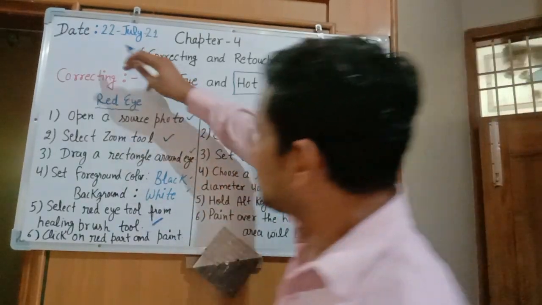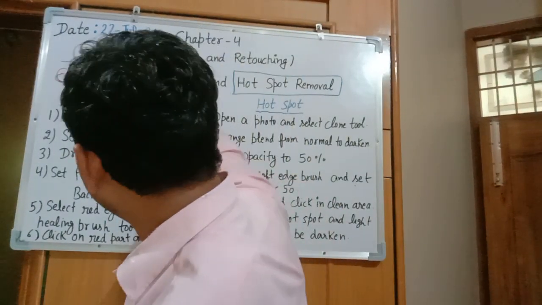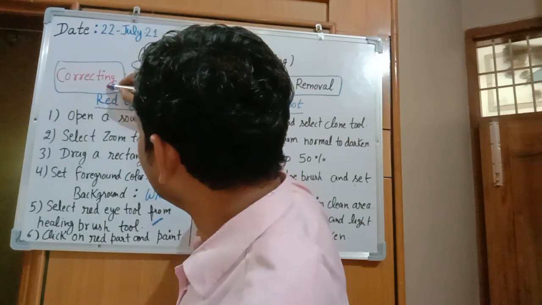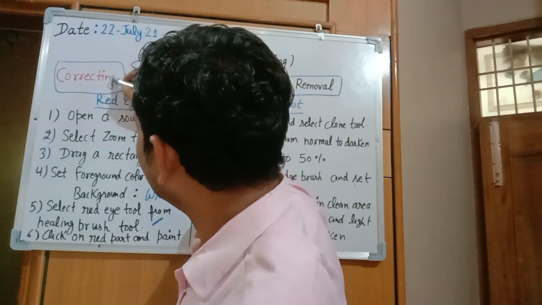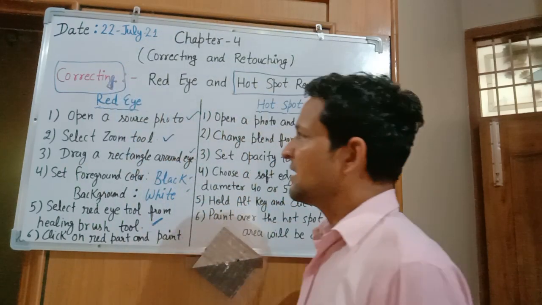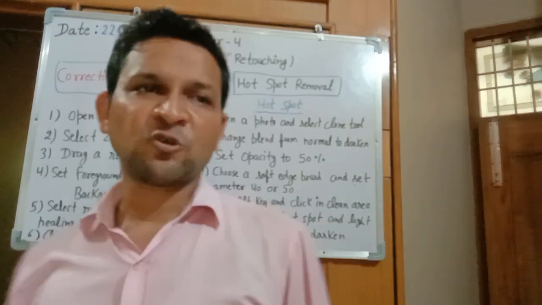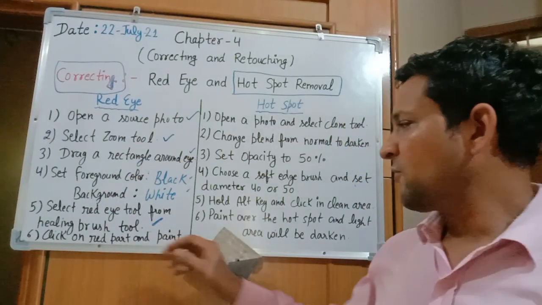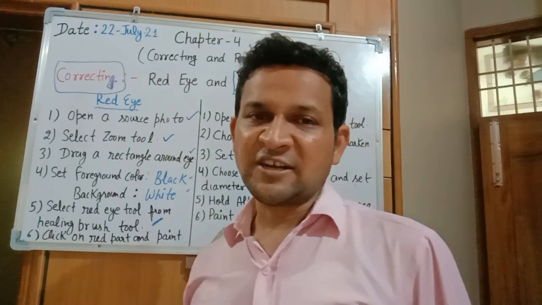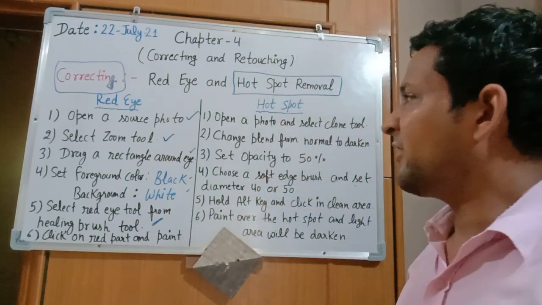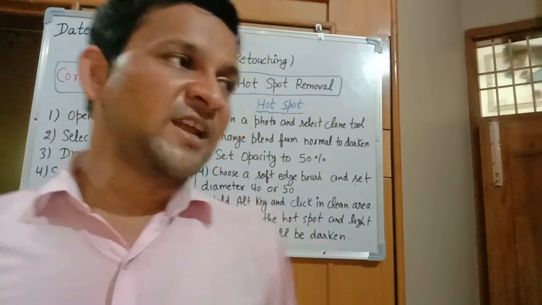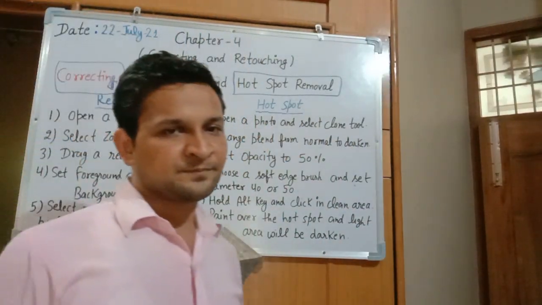Like I want to remove this red part. I will first select this part. I will select the healing brush tool. After this, suppose I want to remove this reddish part, I will paint over it, and this part will be colored as it changes. The same concept is applied in the case of a photograph. You will start painting that part of the red eye that is not looking attractive, that is looking awkward. So we will paint that part and our red effect will be removed and our photo will be up to the mark.